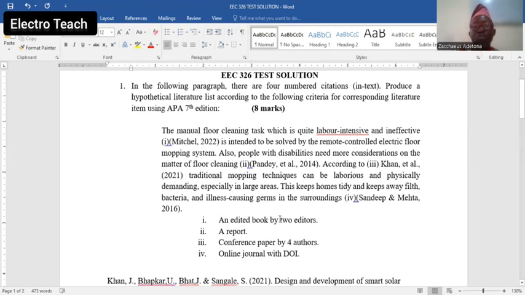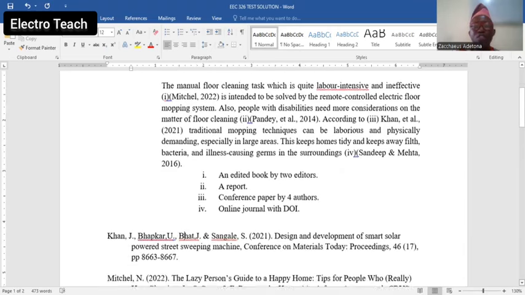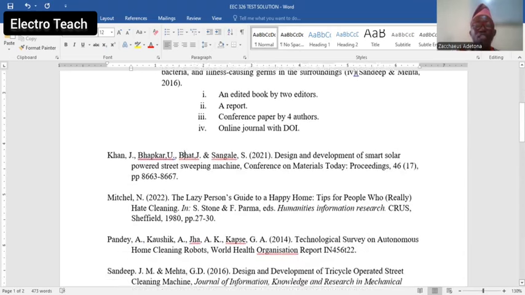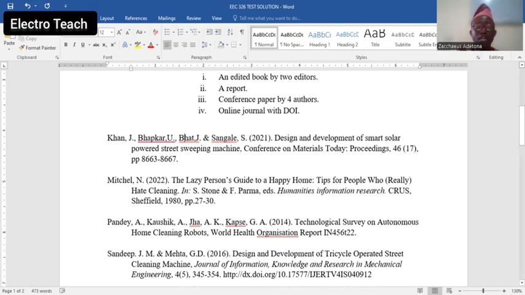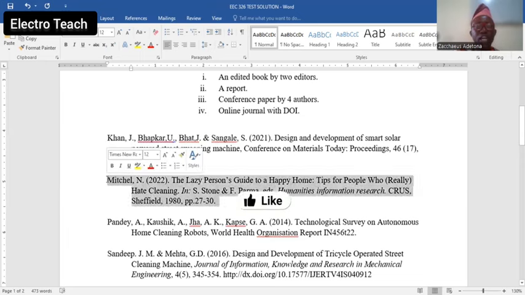Now, the first name cited is Michelle 2022, and that one has to be formatted as an edited book by 2 editors. Okay, so we have the solution. If you pay attention to the references list provided here, it has been formatted according to the instruction, but we also realize that we arrange everything in alphabetical order. So the first one is an edited book, which is Michelle. Michelle is not coming first because this has been arranged in alphabetical order. So Michelle here is actually the edited book